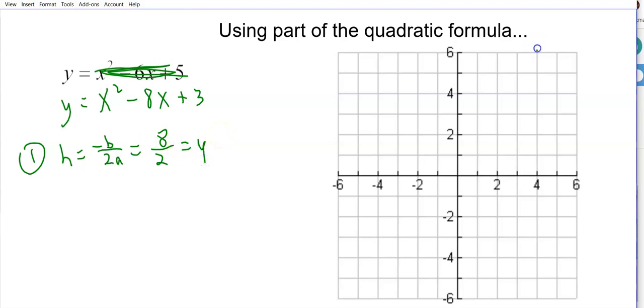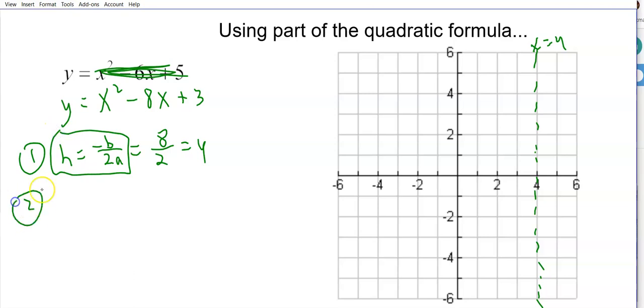So right away, I know my axis of symmetry is 4. My vertex is somewhere on that line, right? So x equals 4. That's my h value, 4. So that's just using a formula. Again, step one is plug into the formula. Step two, I'm going to say in words,